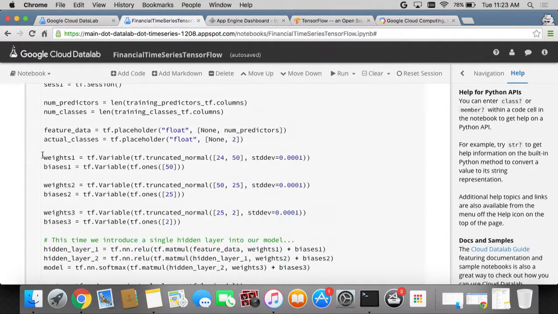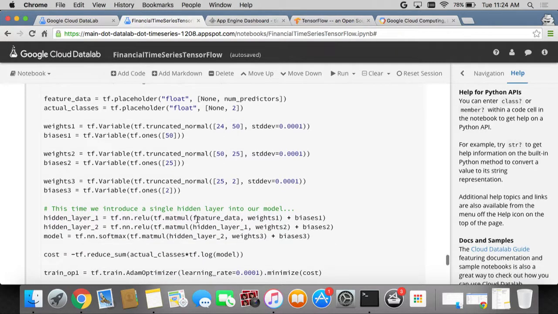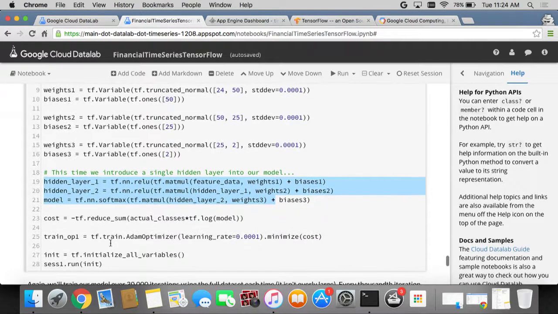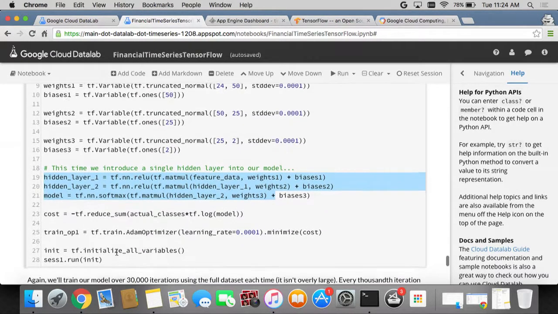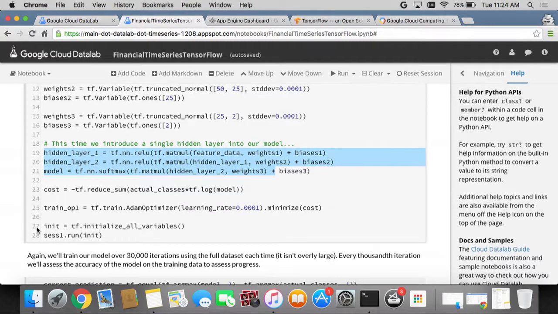Instead of 1 layer of weights, you do 3 layers. 2 are going to be for the hidden layers. They have a big weight, so like a 50-node type of thing. So it's pretty big. The second layer is 25, and then the last one will be the aggregation through a softmax again. You just have to do those 3 simple lines of code: a hidden layer using this layer of weight, another one with these weights, and then the softmax. The cost is the same, the logic is the same.